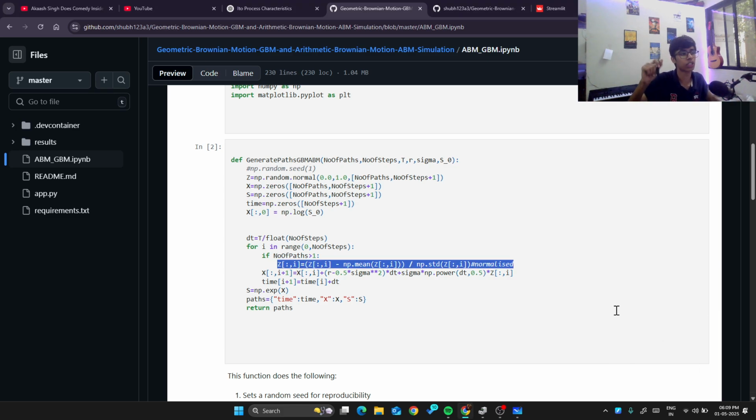If you have done machine learning, we normalize the numerical data to make the computation fast, right? So you can see that x1,